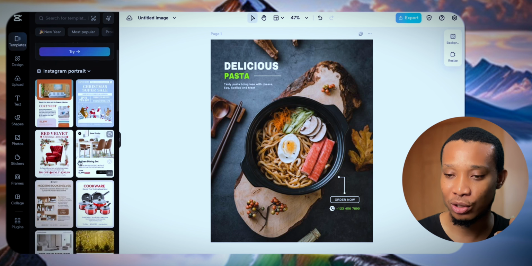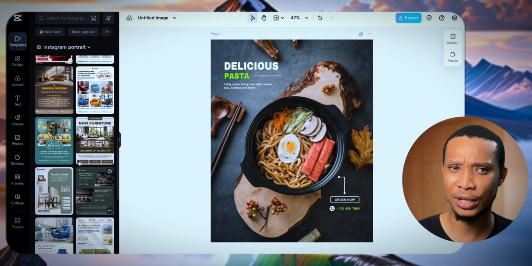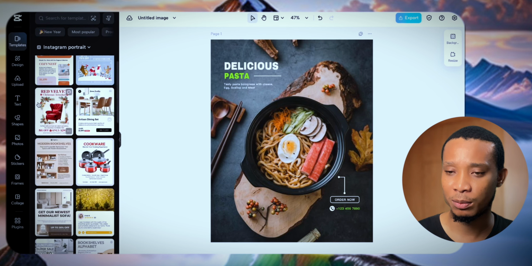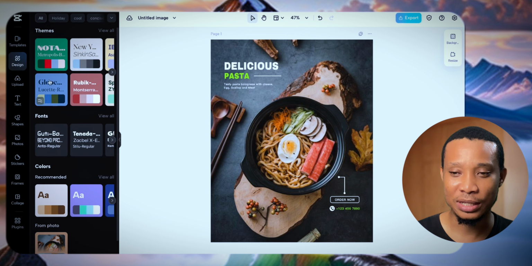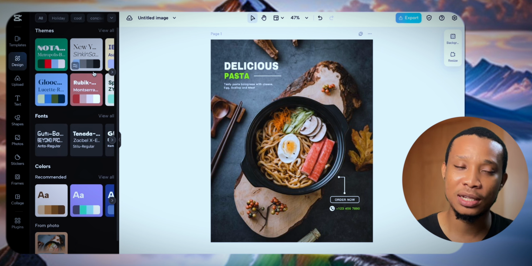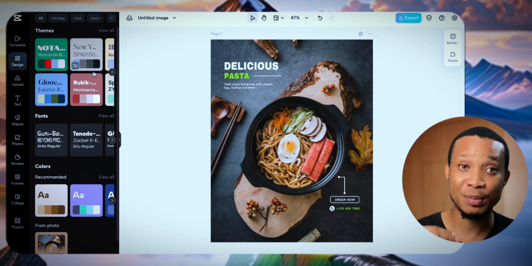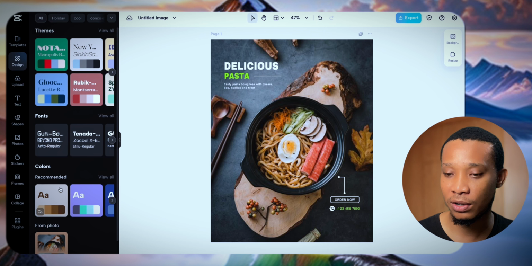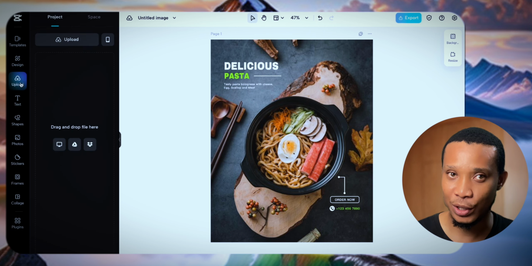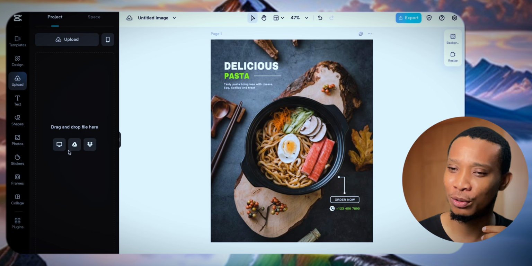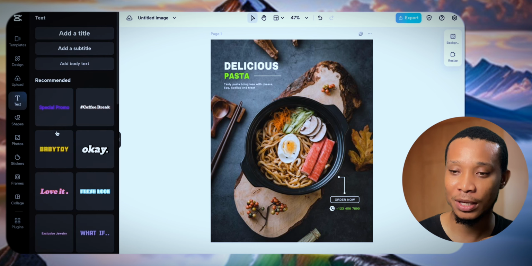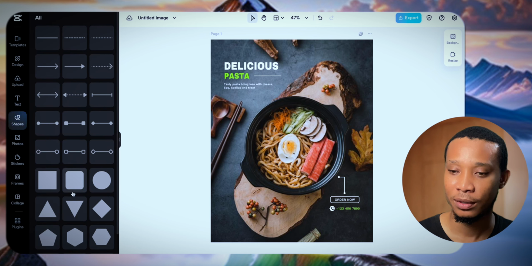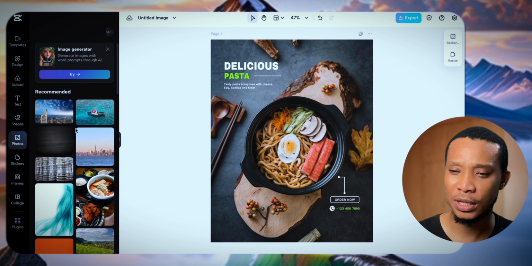Now, if you go to templates, you're going to see tons of templates, just like what you get in Canva Pro, right? You go to design, you see the brand design, which you can tailor make your own, specific branding for the kind of content that you do, right? It has fonts, it has color schemes, like the way you see in Canva Pro. It has an upload space where you tend to put your pictures and all of that, just like Canva Pro. Text space, just like Canva Pro. Image space, photo space, and